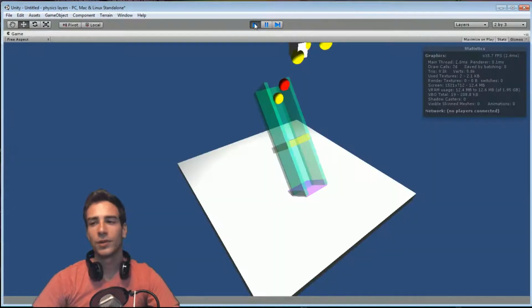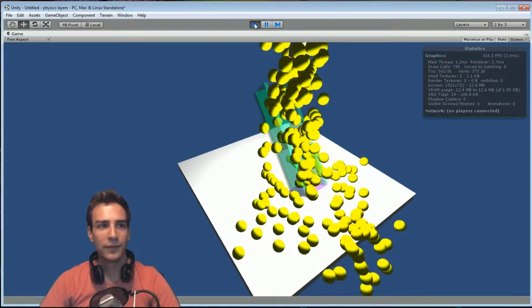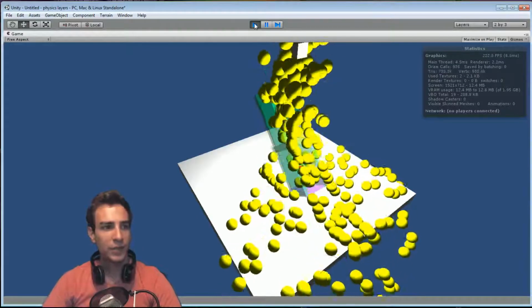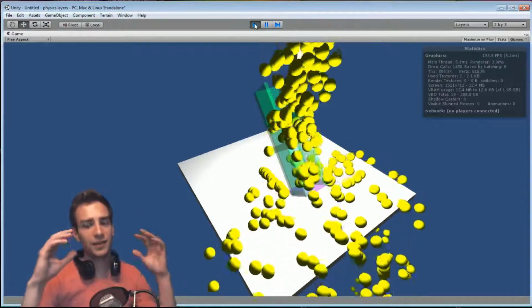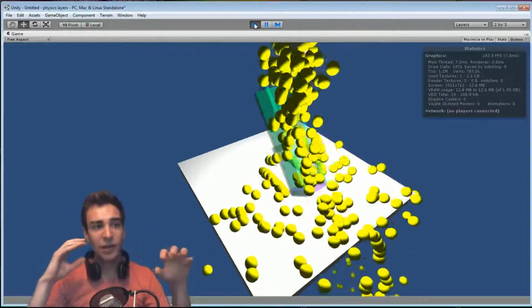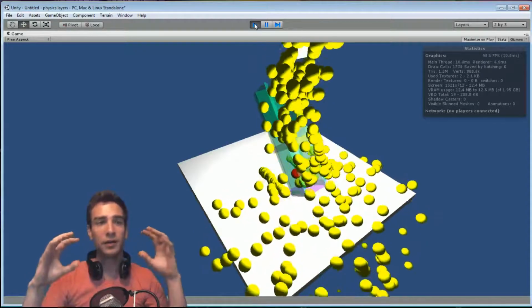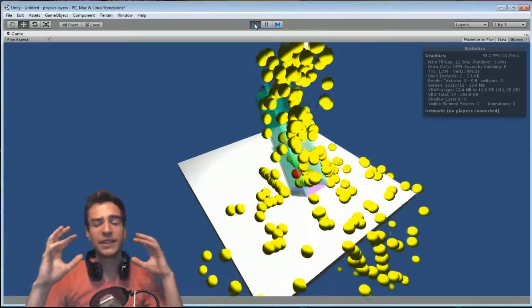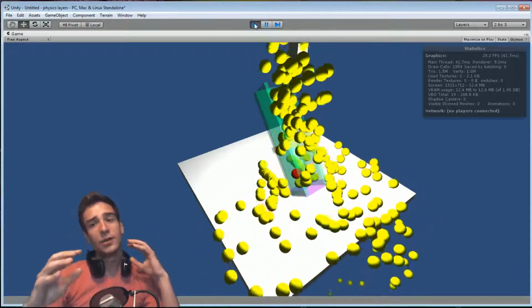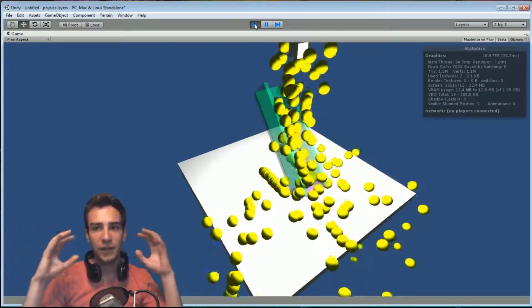Let's just do one more run and see if you can tell. Seems to be running faster. Possibly. I don't know, but the computer has fewer rigid bodies that it's actually going to pay attention to. Since there are so many balls in our scene right now, if all of the balls are paying attention to all of the other balls, that's a lot of calculations to make. Whereas if all of the balls are just ignoring all of the other balls and only looking at the environment,